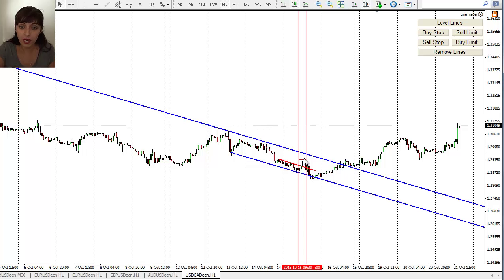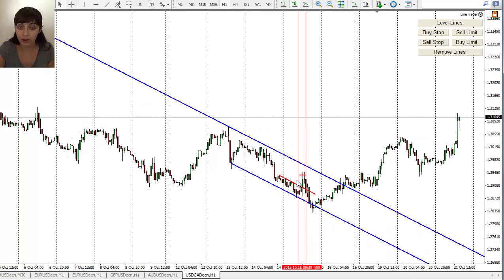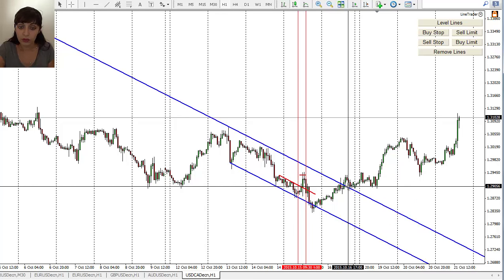So you can see that's how it worked, and obviously again what it did, it moved down a bit in here. You can see it moved to the level, didn't break it, and actually it broke at one point. That's what I was talking about. When I was making the video, I was hoping it would reach this level, but it reached a little bit lower, and of course it broke it. Now you can see there is some news today also, obviously not in the Canadian dollar's favor, and it has now moved like 190 pips. So it was a good opportunity to use that technique and to make a good profit again.